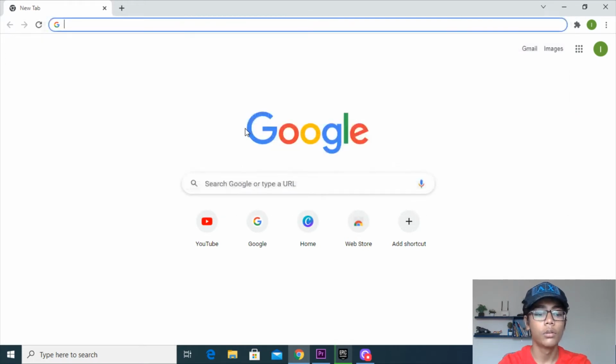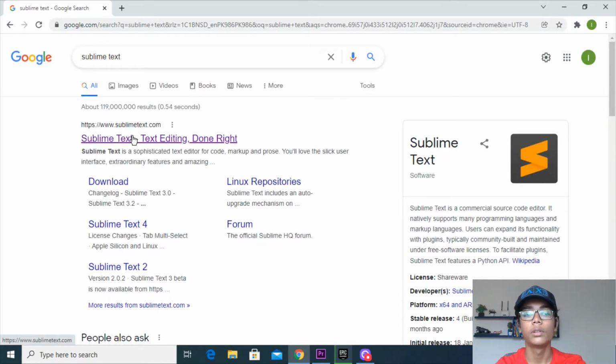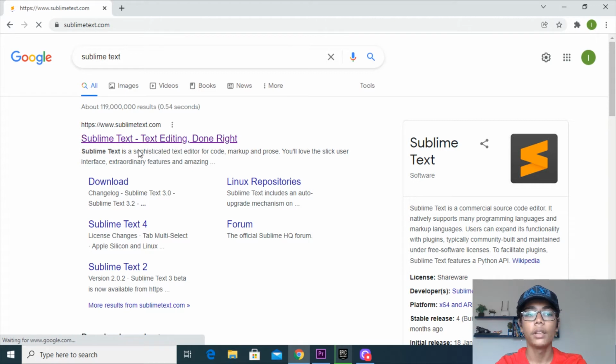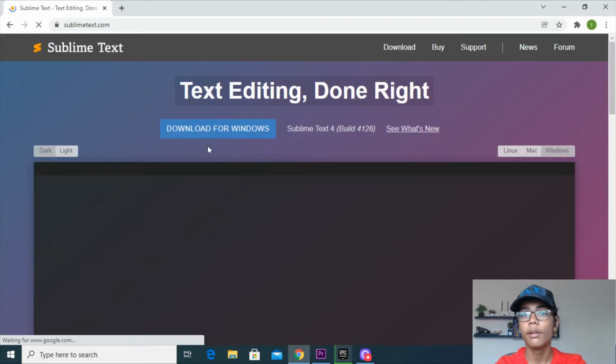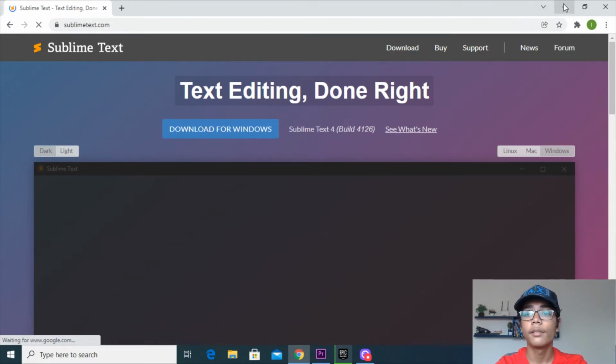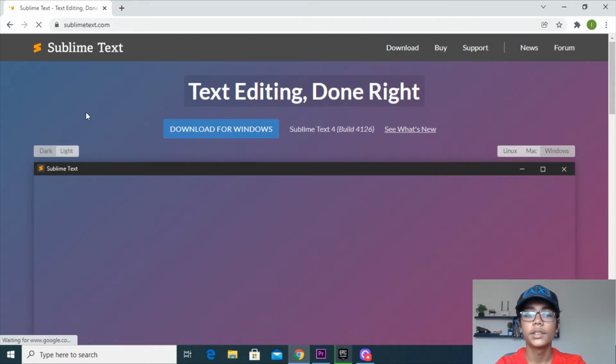If you go to Google and write Sublime Text and press enter, the first link will be to download Sublime Text. When you press that, there will be many versions of Sublime Text, like Sublime Text 1, 2, 3, 4. You can download any version, but my opinion is if you are a beginner, use Sublime Text 3 because it is a really good text editor and a version which you can use to write HTML and CSS, and it is also really helpful for beginners. It also includes many features, like you can make it dark, light, or any of the colors. So these are the things we want to know about HTML, CSS, and text editor.